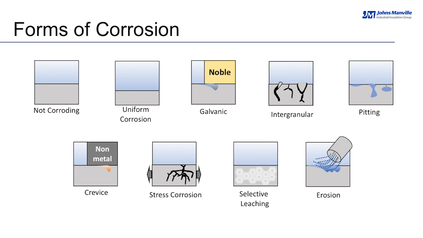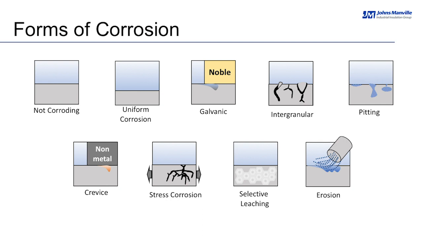The other type of corrosion is intergranular corrosion. Intergranular corrosion starts from the surface of the material, and it propagates generally along the grain boundaries of the material. As you can see, it can cause significant damage inside the material. The next form of corrosion is pitting. Pitting is kind of similar to intergranular, but it has a different mechanism because it starts at the surface, that's the similarity,